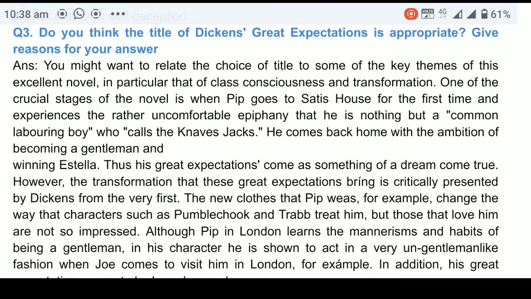Do you think the title of Dickens' Great Expectations is appropriate? Give reason for your answer. And friends, your answer for this question is,